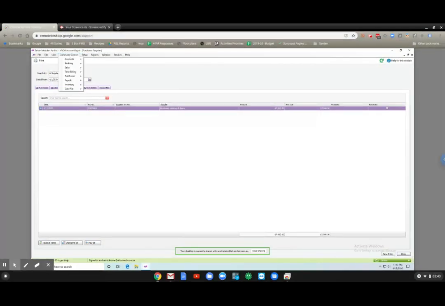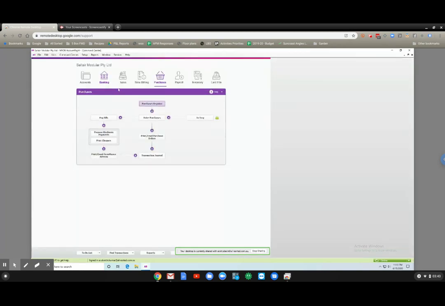Actually, before we return, there's a button down in the bottom right where you can click on New Order, which will create a new order for you. We're going to return back to the command center, and I'll just show you here. There's a button called Enter Purchases, which takes you to the same place. So we click in there,